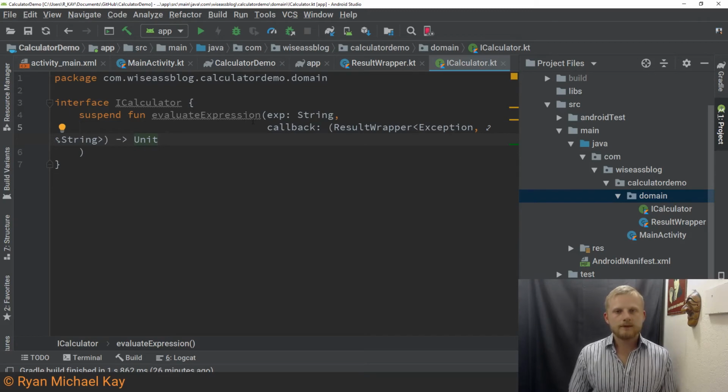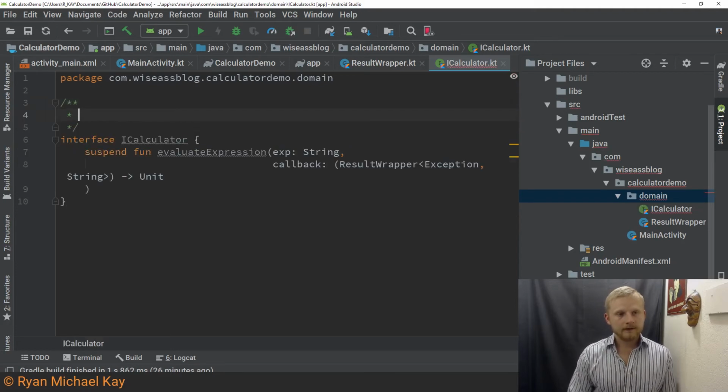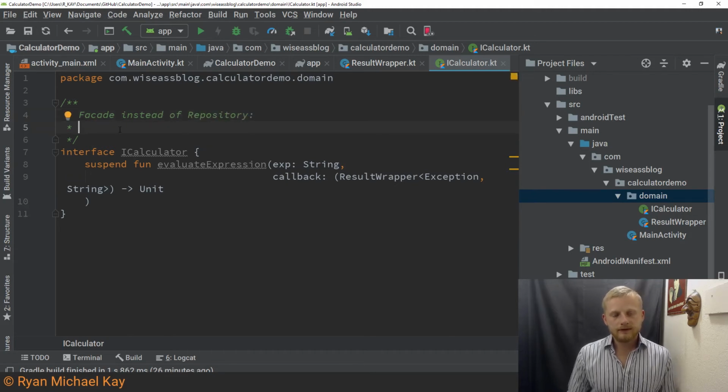Now, before I proceed to the other interfaces, I just wanted to take a moment to talk about why I have called this thing a facade, or why I will call it a facade instead of a repository. The truth of the matter is, if you build a facade pattern, which is a design pattern, and you build a repository pattern, and you take away the names but make a UML diagram, so we're thinking like those programming diagrams with boxes and sticks and names, if you take the names away, you basically can't tell,